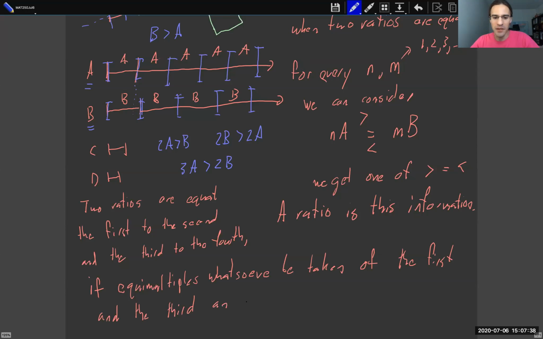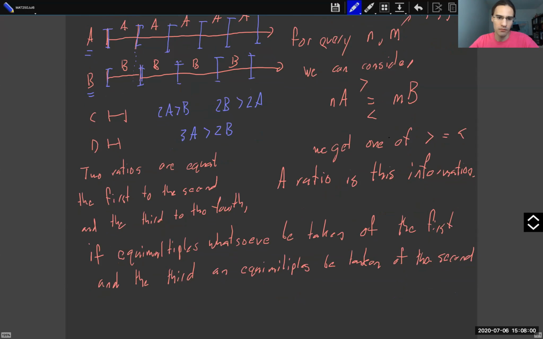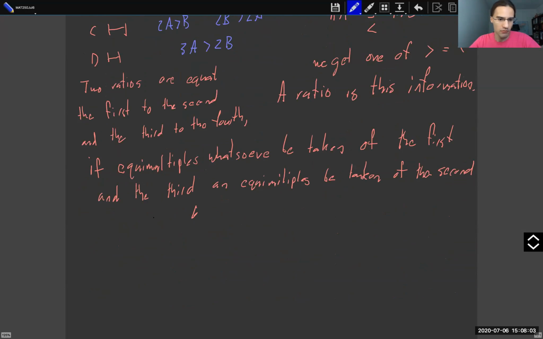And equal multiples whatsoever be taken of the second and the fourth, then these equal multiples, okay, I'll say it in words first and I'll write it down. So if equal multiples whatsoever be taken of the first and the third, and equal multiples whatsoever be taken of the second and the fourth, then